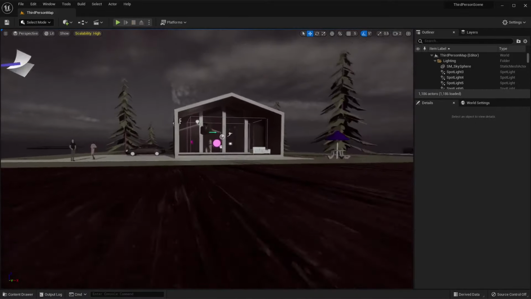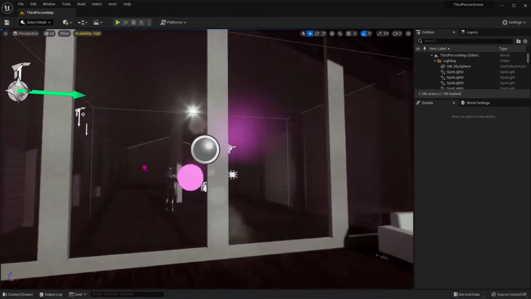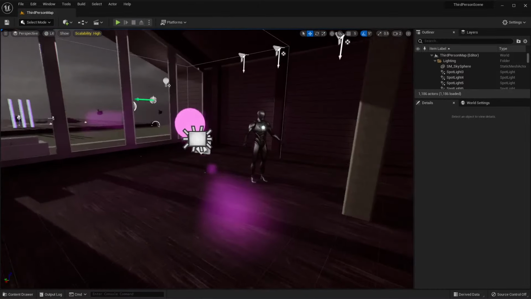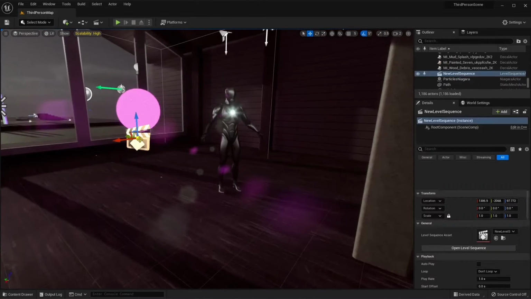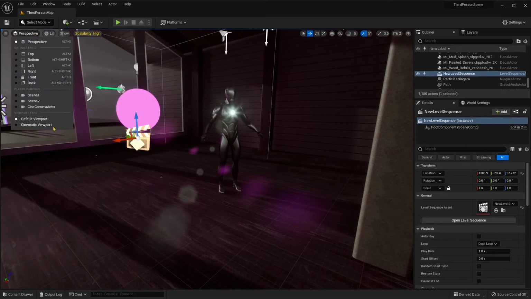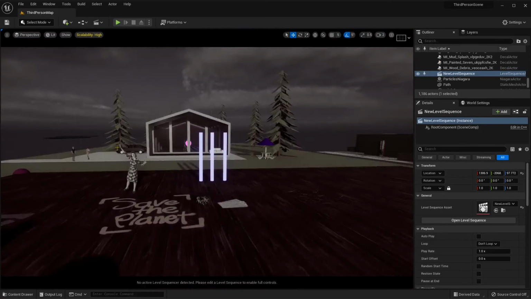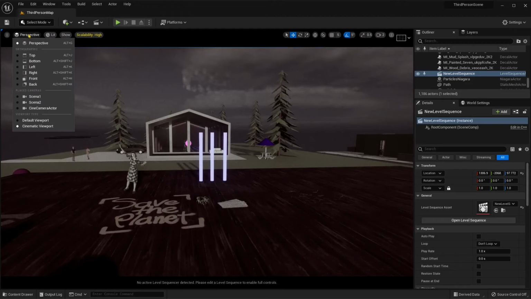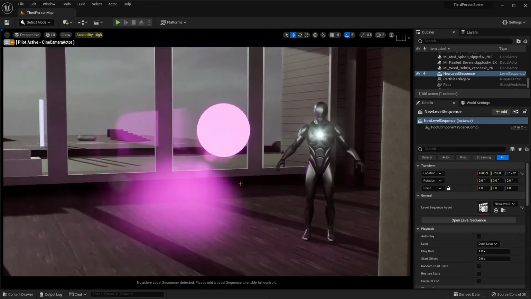And for the rest, I created some cinematic. So you can see there's the cinematic actor right there, which is a level sequence. So if I just start to switch here from default to cinematic, and also I want to get into the camera that I created in the previous video, which is a cinematic camera called CineCamera actor. There you go. So right now I'm inside the camera,